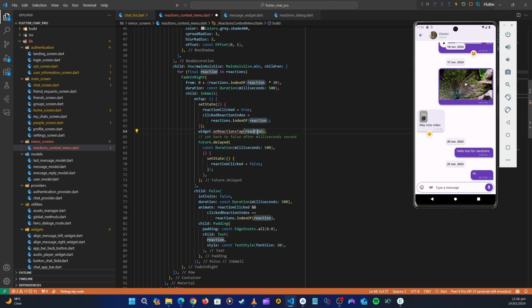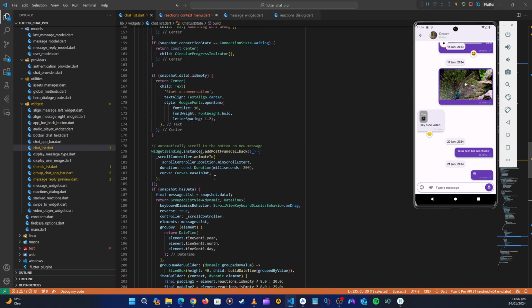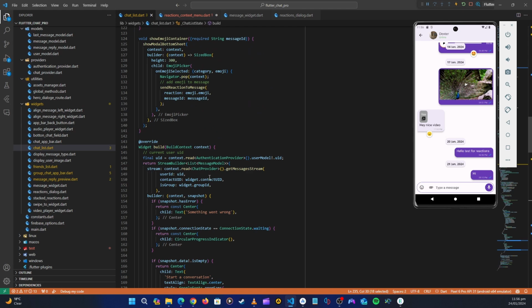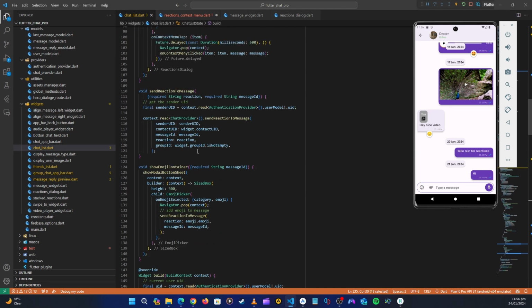But now instead of doing this, we can directly call the method now to send this reaction to the message. Okay, so this, we can go back here and then we can look for our method. Where is that? It was send reaction to message, this method. Okay, which is this. So this method just needs the reaction and the message ID, the things that we already have in that class. So what we're going to do is just to get this method,